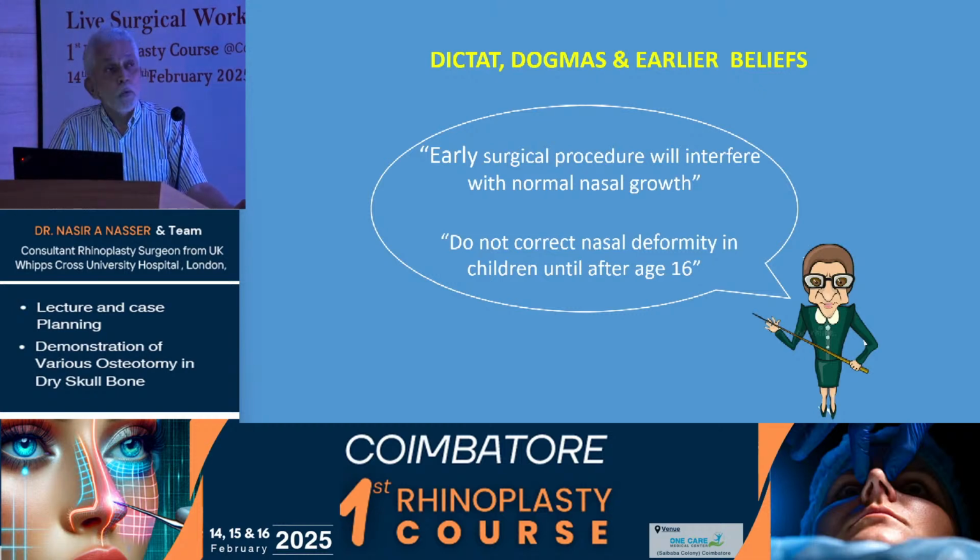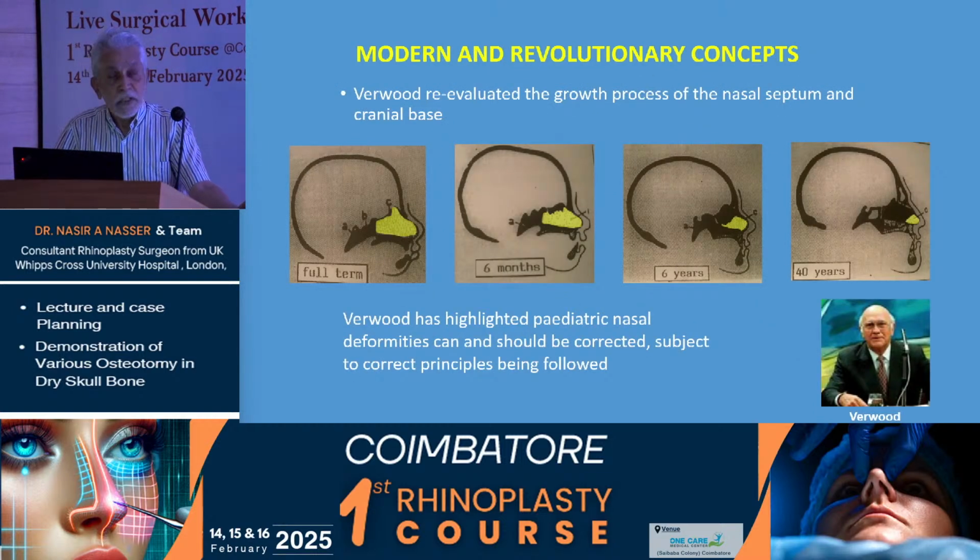Early procedures will damage, interfere with normal growth. Do not correct nasal deformity, as the headmistress standing there, Rosa Klebb, telling you to do. And most of these patients grow up to be freaks. You know, they're psychologically disturbed. Yeah. Then, in 1992, I went and worked with Professor Verwoerd in Rotterdam, and I learned a lot more,